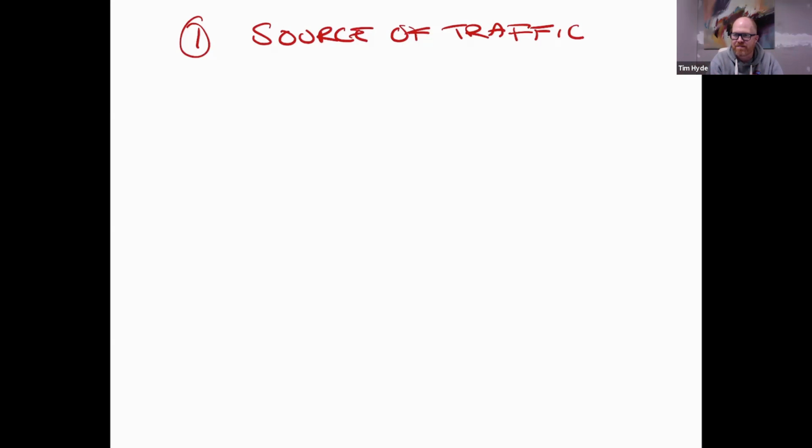Second one is paid. You've got a paid source of traffic. Now that doesn't matter whether it's flyers you put in people's letterboxes, Facebook or Google ads, right? TV, radio, whatever happens to be, okay? So those are paid traffic sources. The third one of those is expert, right? So you'll notice an acronym here, OPEN. We're going to open up the opportunities. Third one's expert, right? Podcast, standing on stage, media citations or media appearances. What else we got? Stage presentations, I mentioned that one. Podcasts and so on, okay? So it's platforms where you are presenting yourself as an expert is the sort of third source of traffic.